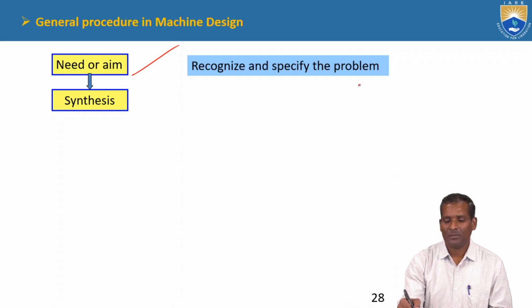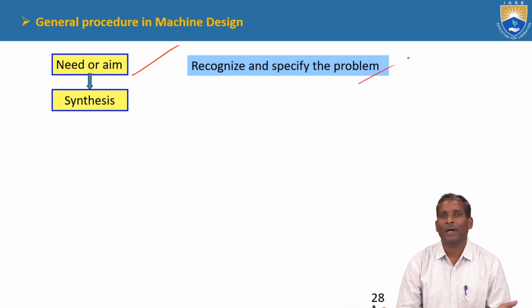So where do we get this data? From a market survey. Suppose we are going to design a new pen or a new vehicle. First identify what you are going to design, then go to the market and conduct a market survey. Gather information from various people and customers, list it out, and finally make a statement.